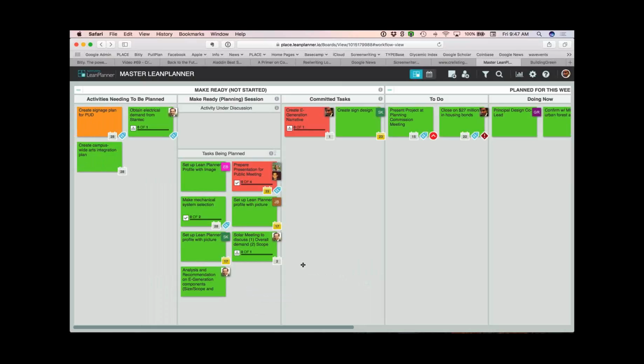Use it in a very targeted way for where it works best, and don't try to force a square peg into a round hole. So that's our general recommendation on the right mindset when adopting or applying the software.